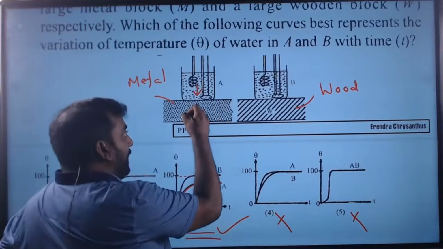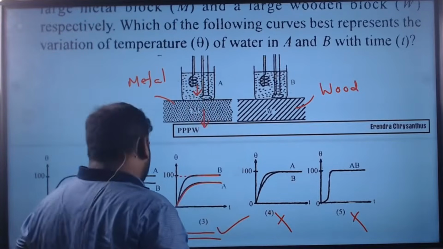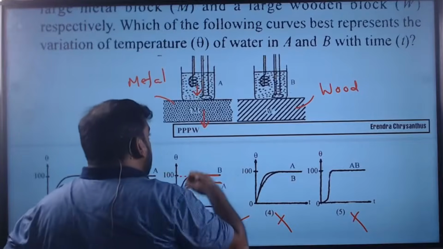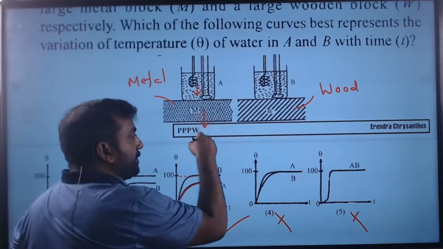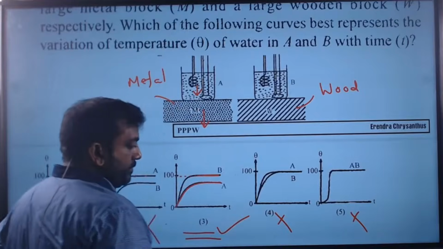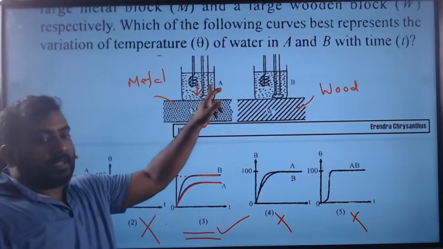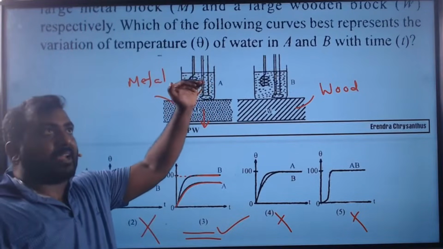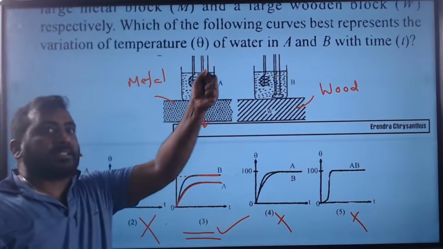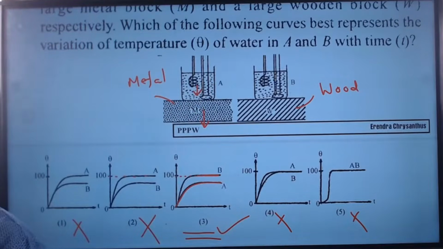But if there is a metal, heat is conducted through the metal. So the container kept on top of metal cannot reach